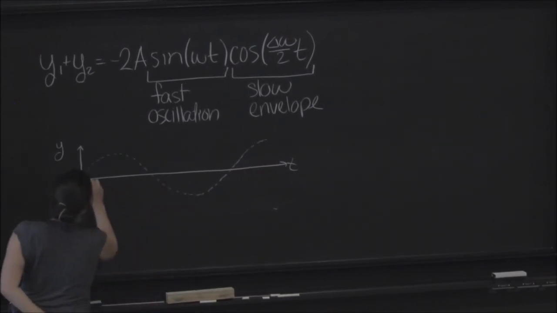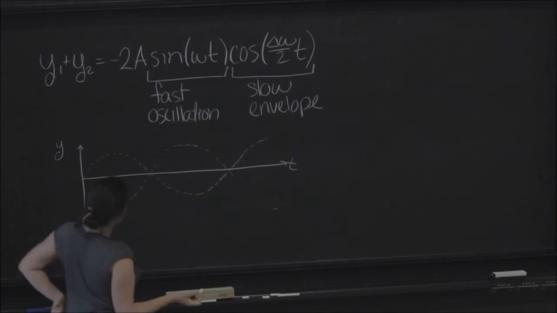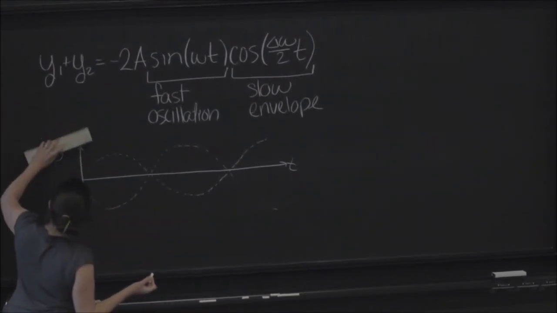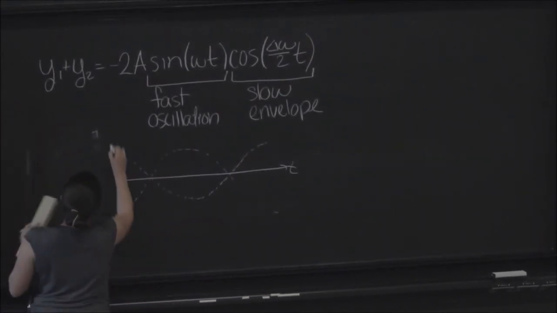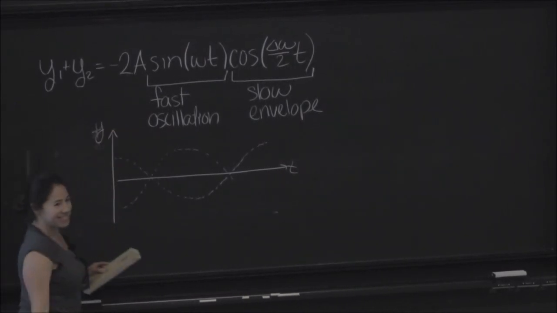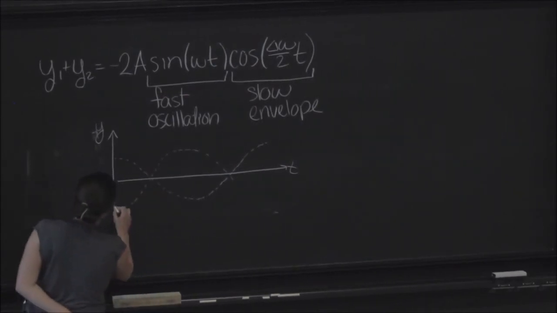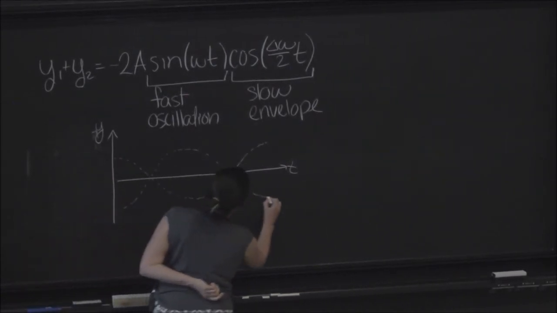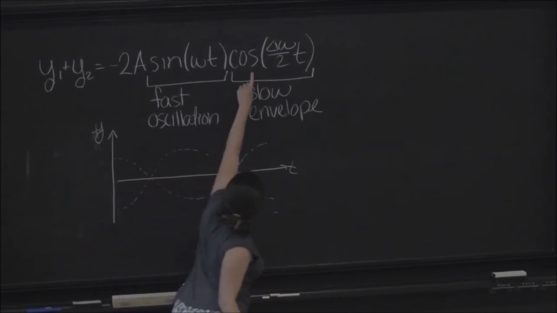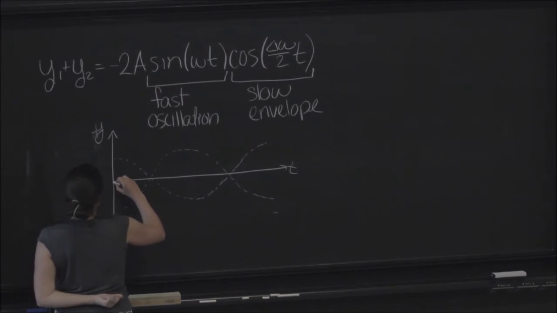Shouldn't it start at a maximum? Oh my gosh, thank you. Is that better? Okay, so we do start at maximum because it's a cosine. So this is our slow envelope. That's this cosine term. Now we have this fast oscillation. So what that looks like,